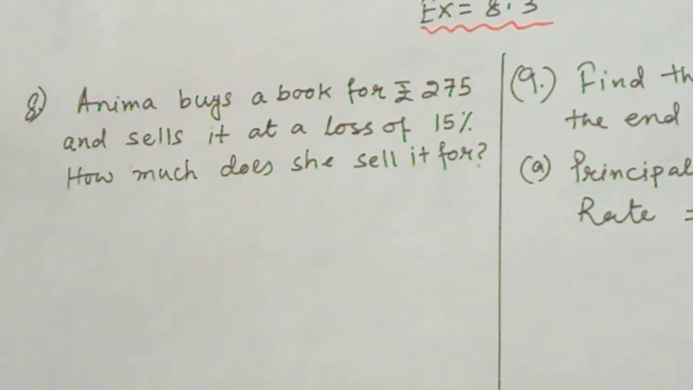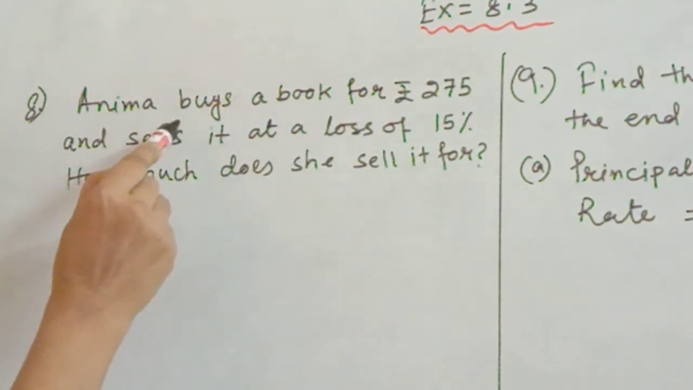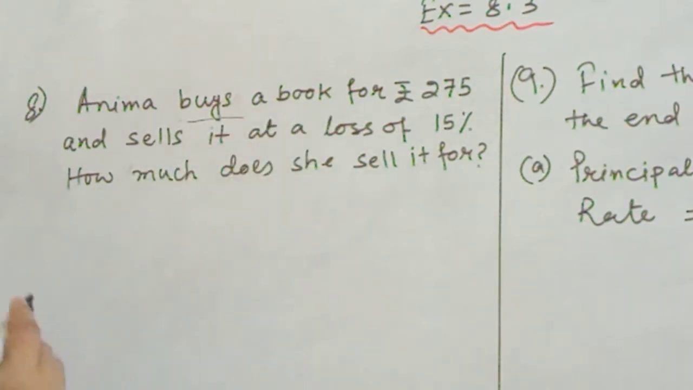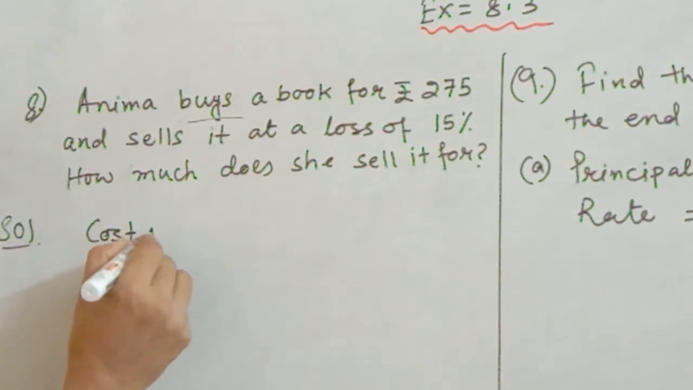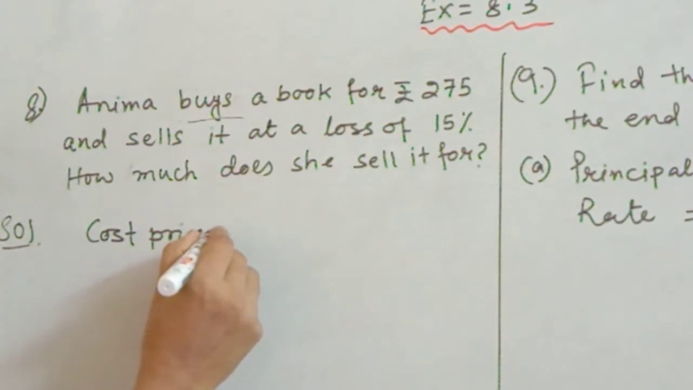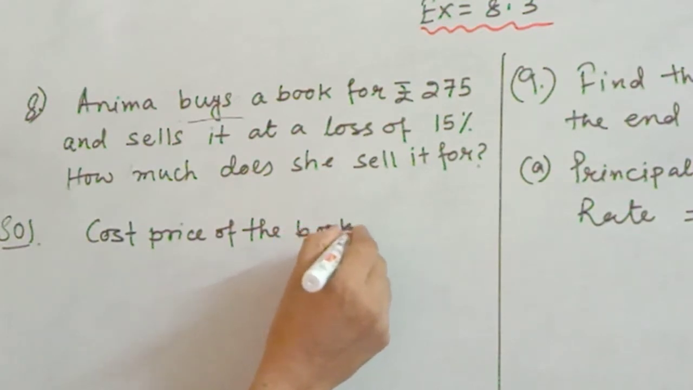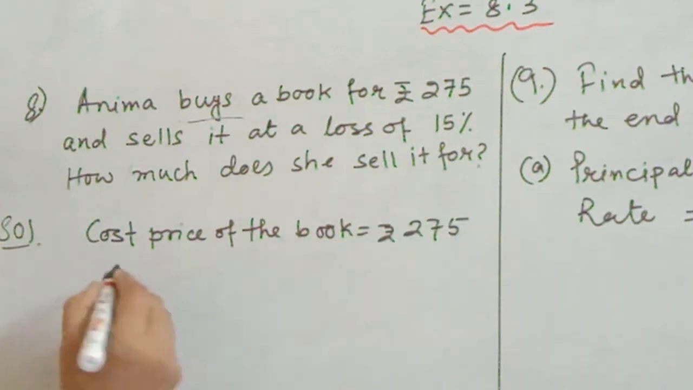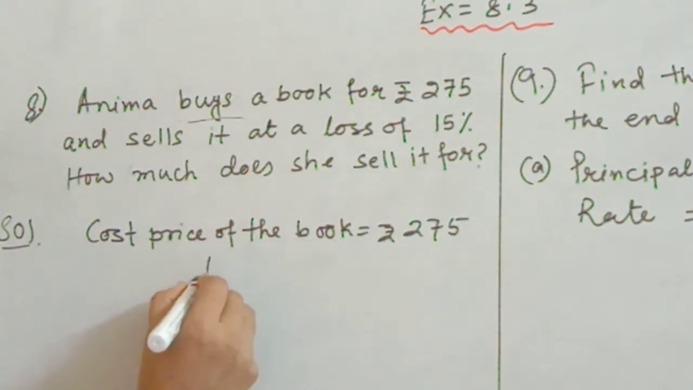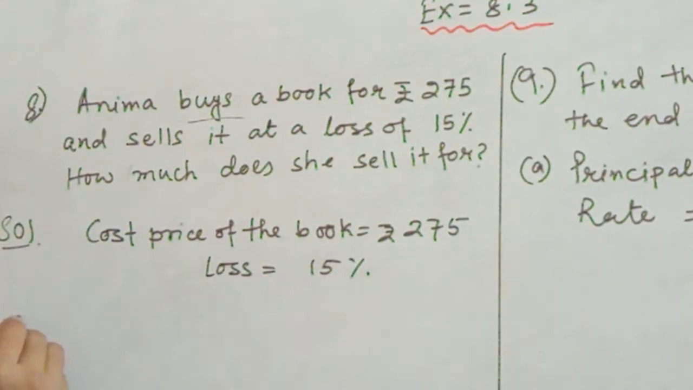That means selling price is missing, loss percent is given, and also given the cost price. Buys a book means the cost price of the book is given. So you can write in this way solution of this sum. Cost price of the book equal to rupees 275, and she makes a loss, so loss 15%. Therefore selling price